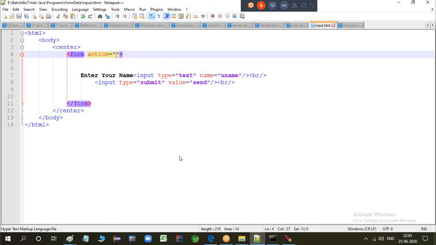That means http://localhost: okay, what's my project name? Form data is the project. In the project, what is the URL which I am going to execute? That is in the web.xml file.